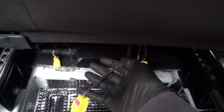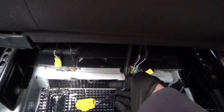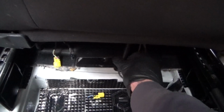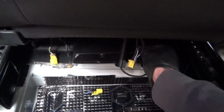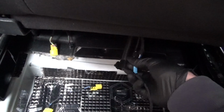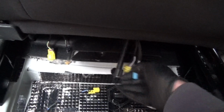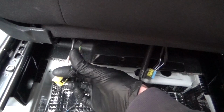So I got these made up to join the Golf seats to the caddy wiring. Now this is the passenger seat. All you need is one connector for the airbag. The original seats here have got the black plug and the blue plug, the small ones there. You don't need to worry about connecting them up. On the passenger seat, those are just the seat belt, seeing the occupancy sensor on originally, and the Golf seat only has a yellow and one black plug,